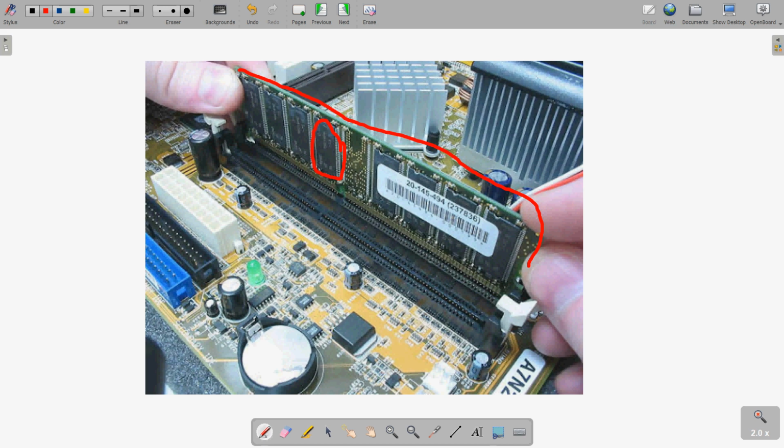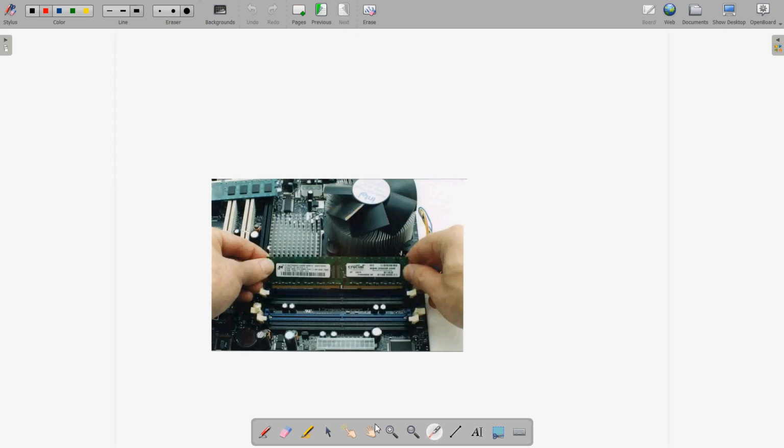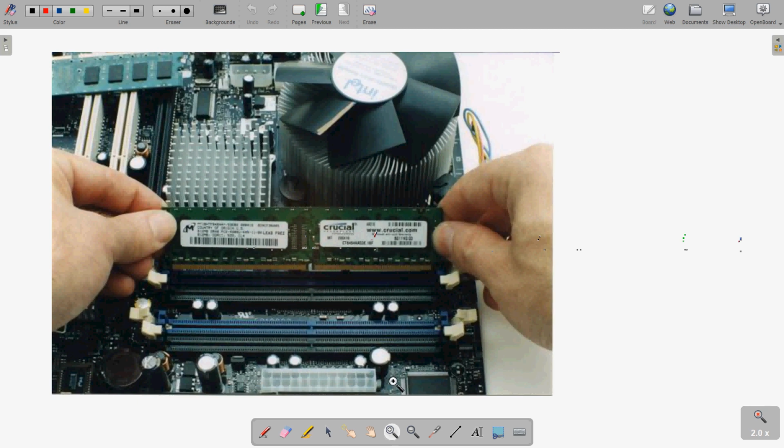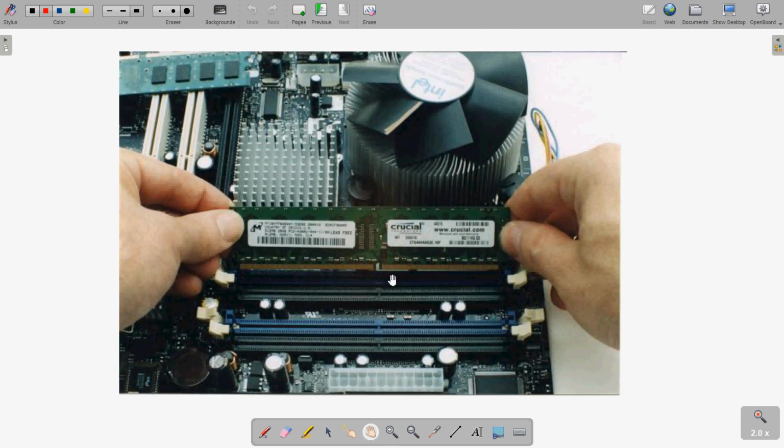And as we have seen in the earlier picture, the circuit on which the RAM is being inserted is the motherboard. So this picture is also of the motherboard, and here you can see these are the slots where the RAM will be inserted. Clear? So the person here is inserting the RAM on the motherboard. Okay, if you want to see one more picture, here it is. Here you can see the same RAM is being inserted on the motherboard.